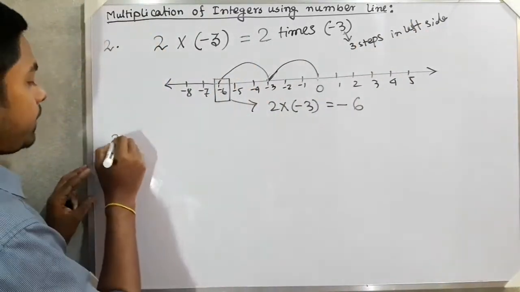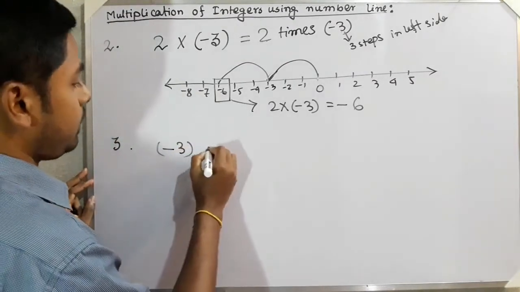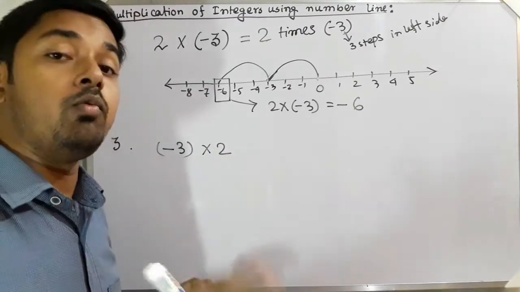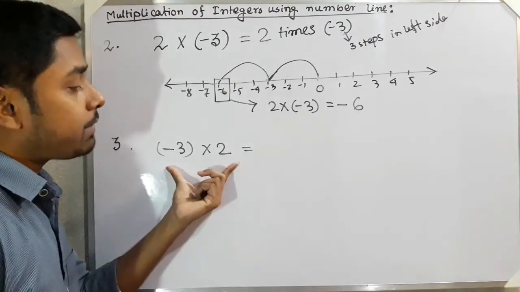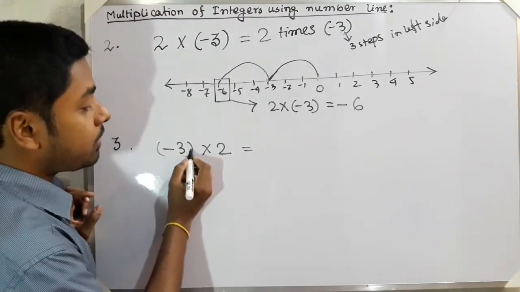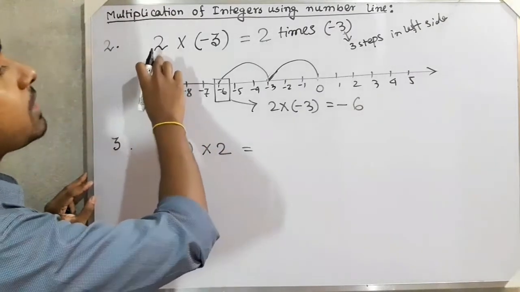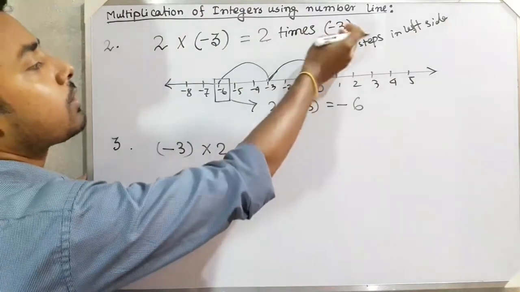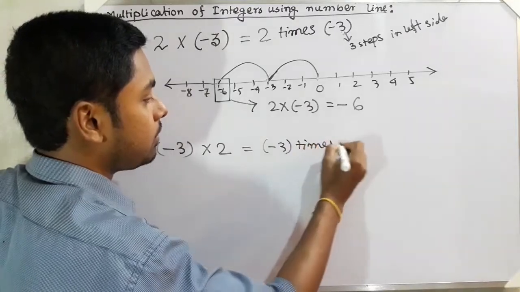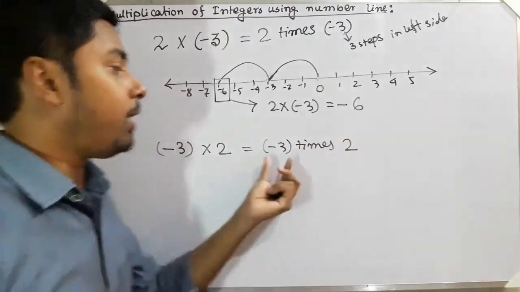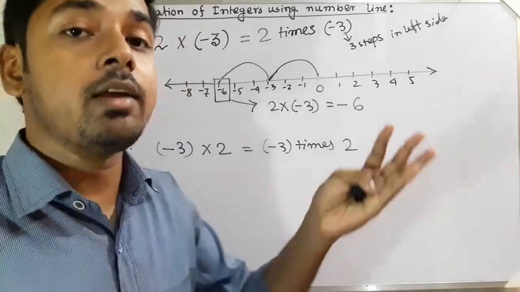Now suppose you are having minus 3 into 2, then what to do? Whenever you have this type of thing, where the first number is negative and the second integer is positive. Here the first integer is positive, so we can say 2 times minus 3, no problem. But here if we do it like this, minus 3 times 2,